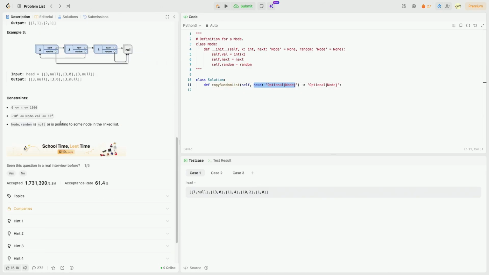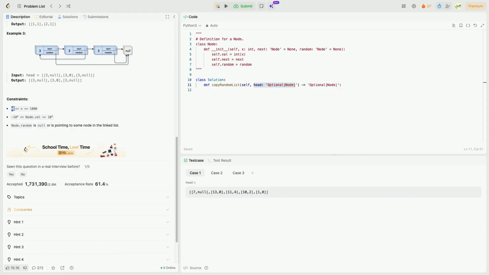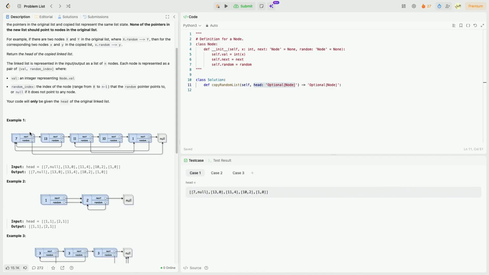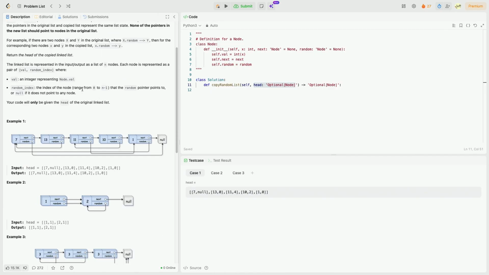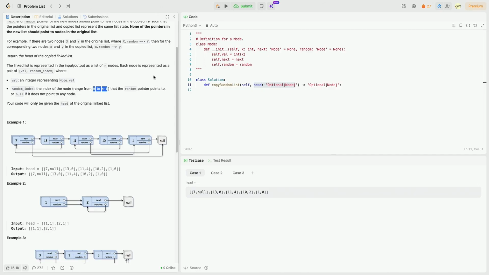Okay, nice. Constraints: there's a limit on the number of nodes. We could receive no nodes, we could receive a None node. And then the values are arbitrary, but within a range. Let me see. The index of the node, ranging from 0, that the random pointer points to. So that part I don't get. Here it looks like it's a pointer to a node object, but here it says it's an index. Oh, it just says